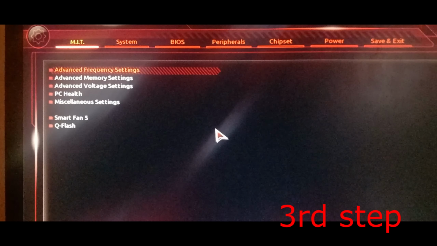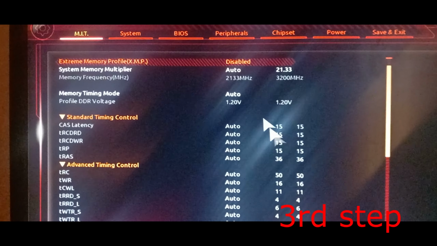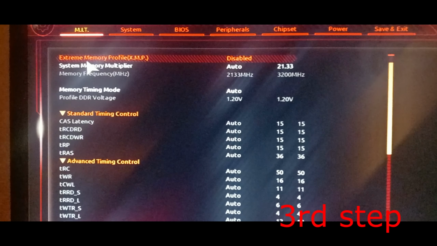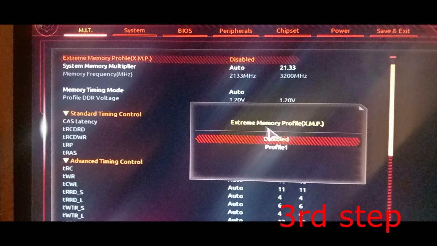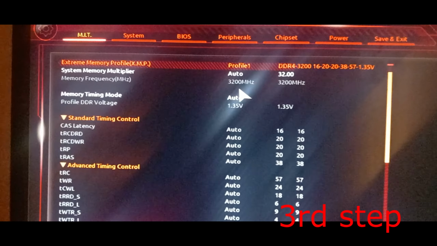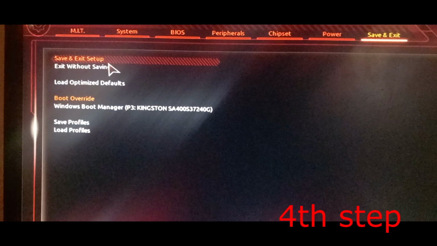You want to select Advanced Memory Settings. It's most likely going to be saying disabled right here, and then it should be saying 2133. So you want to find Extreme Memory Profile XMP, double click on it, select Profile 1, and it should now be changed to 3200. Now on the top, you want to click on Save and Exit Setup, and then click